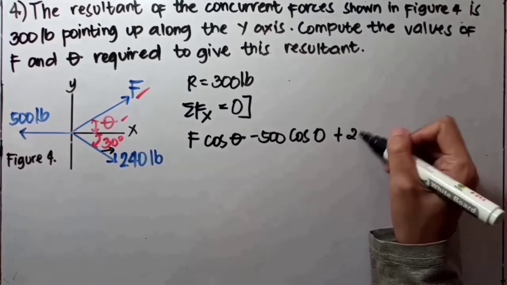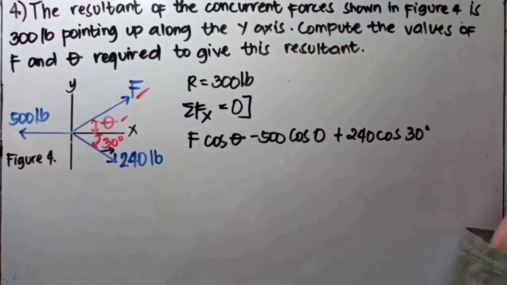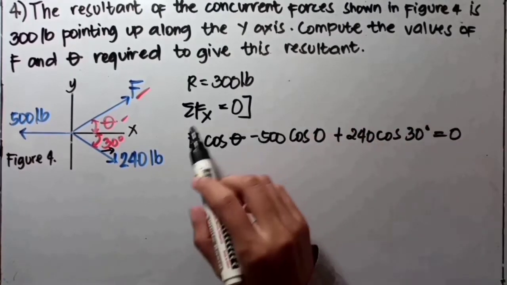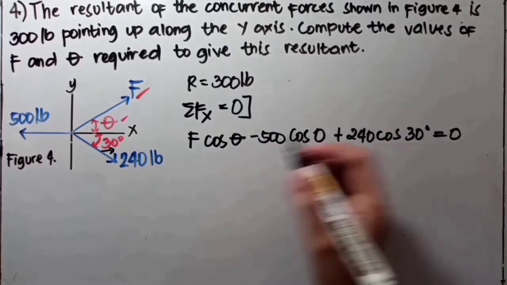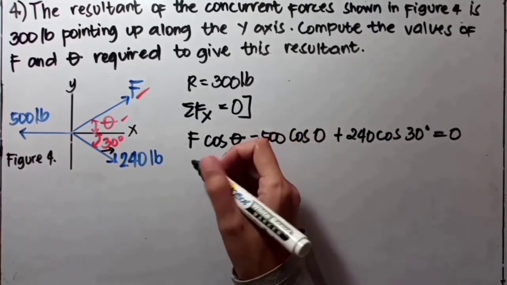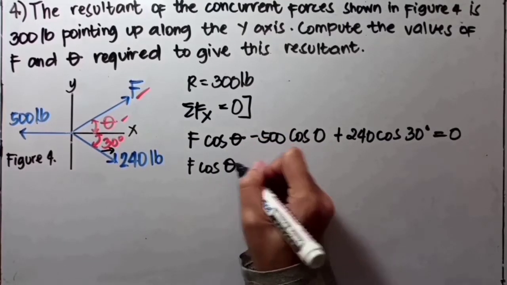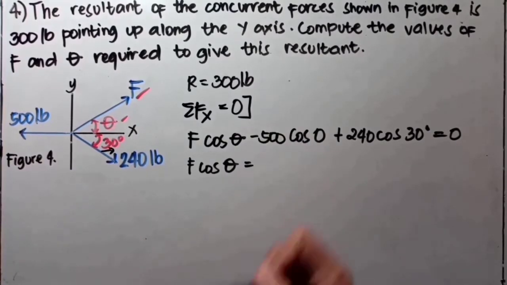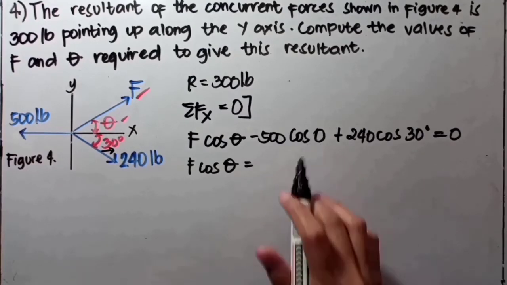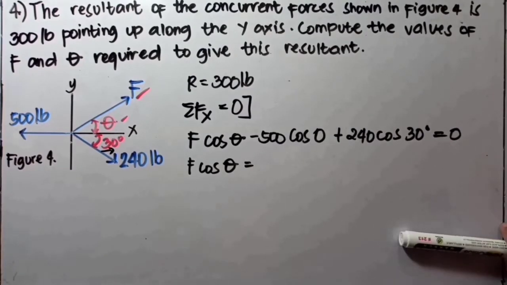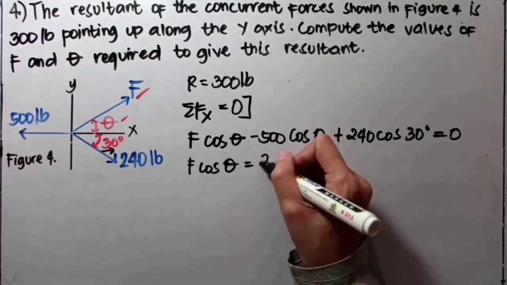So, positive 240 cosine 30 degrees, the given angle, is equals to 0 kasi nga, ang equation natin is summation forces X equals to 0. So, isi-simplify lang natin to, magiging F cosine theta equals to, transpose na lang natin, negative 500 cosine 0 plus 240 cosine 30. So, kung i-calculate natin yan, lalabas na ang answer ay